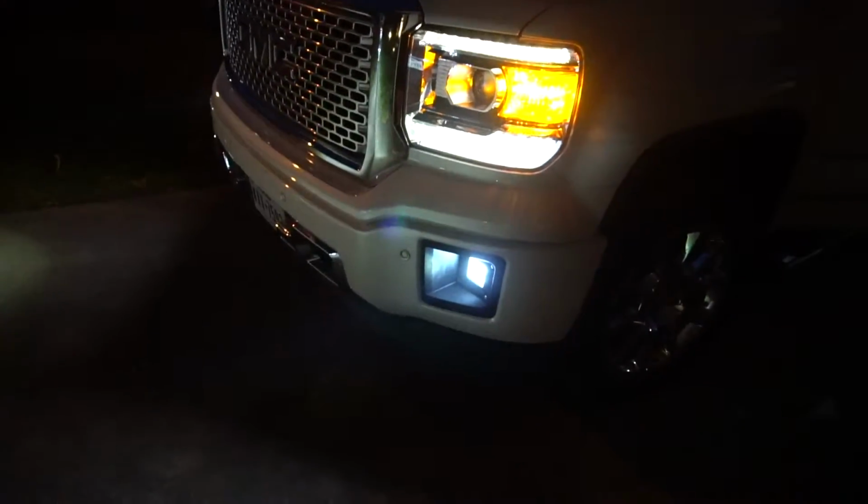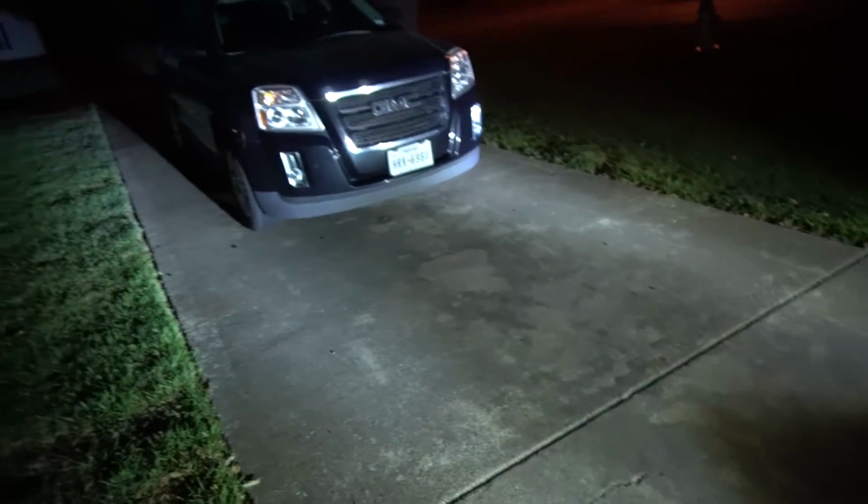When it's like pitch black and see what it looks like. And then maybe hit like a back road tonight. But yeah, I like it, man. A lot better than the stock ones. They look a whole lot better. So, I'm excited. As you can see,